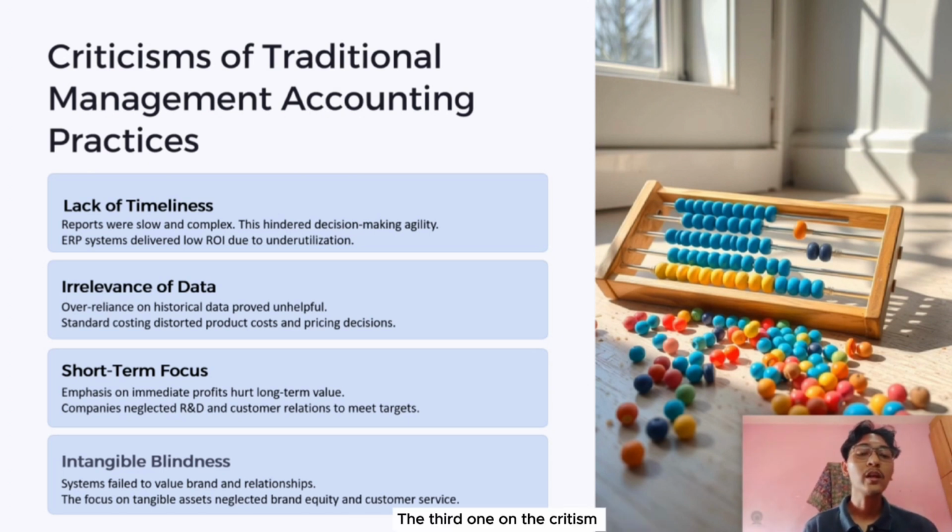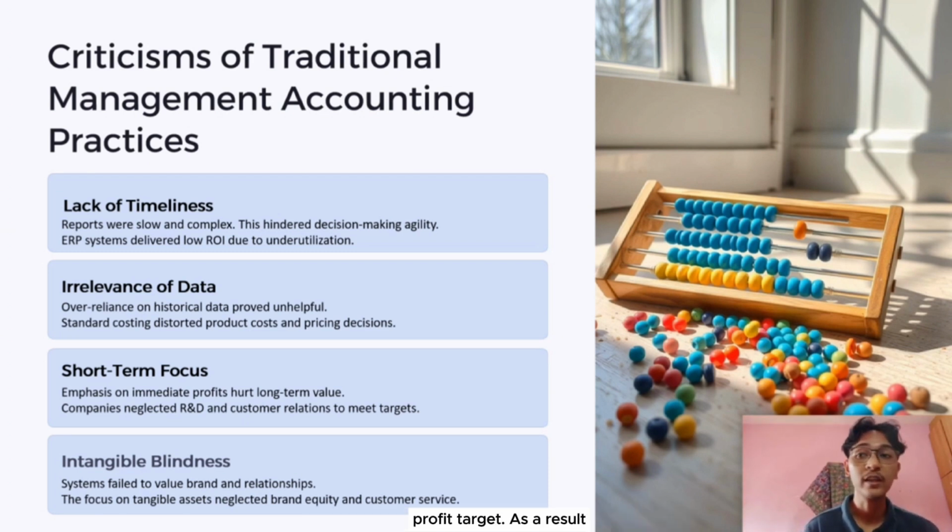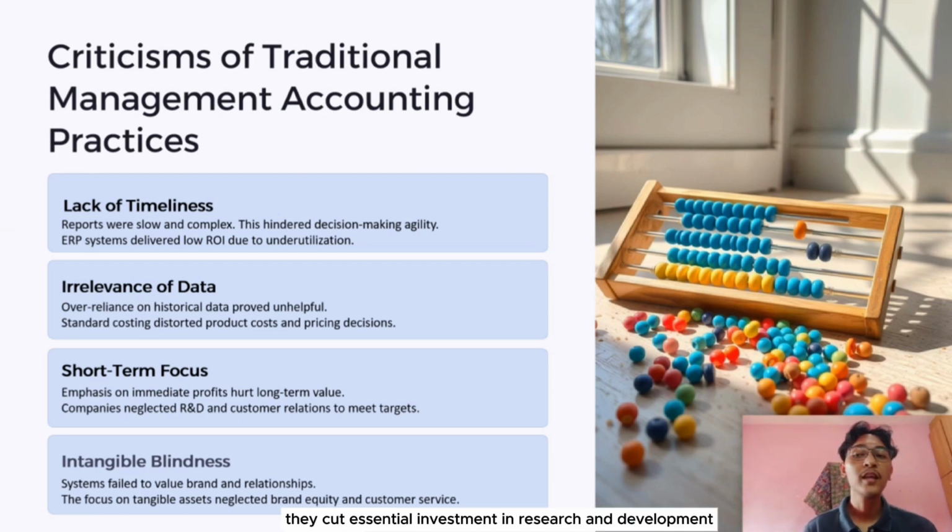The third criticism of the management accounting system is that traditional management tends to prioritize short-term financial results, often at the expense of long-term business success. For instance, some companies focus too much on meeting quarterly profit targets. As a result, they cut essential investment in research and development (R&D) and customer relationship management, which are crucial for